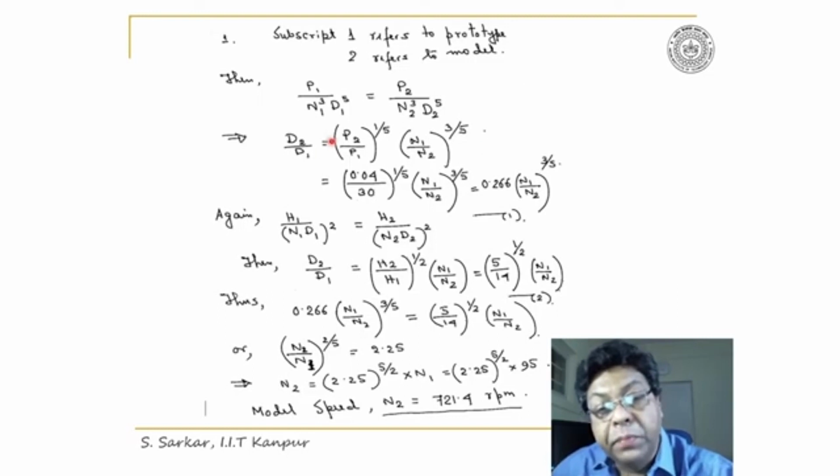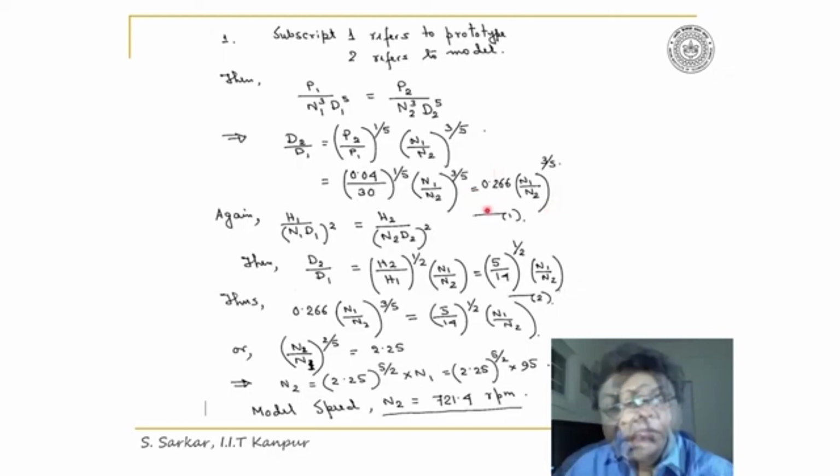Put in the values. P2 is for the model, and power has been given as 40 kilowatt, and P1 is 30 megawatt. So I can create a relation between D2 by D1 and N1 by N2 with some constants. Again,